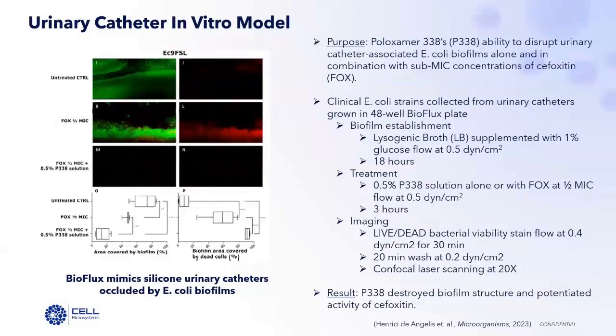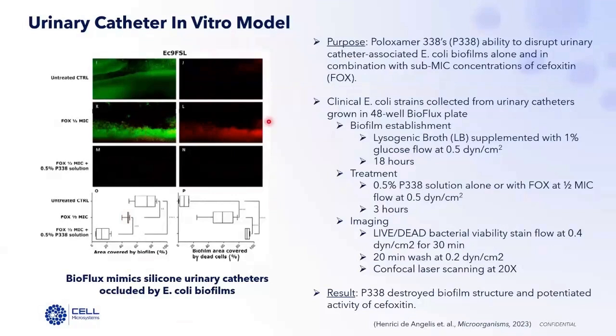The biofilms were then treated with a 0.5% solution containing poloxamer 338 alone or in combination with cefoxitin, an antibiotic commonly used to treat these kinds of infections. Following treatment, a live dead stain was used to determine bacterial viability. And to orient you to the stain, cells that appear in green are live and those that appear in red